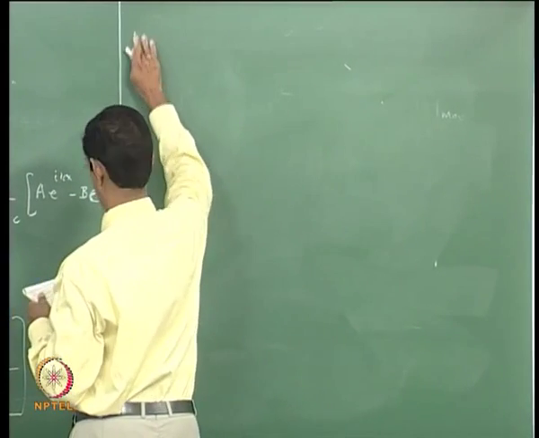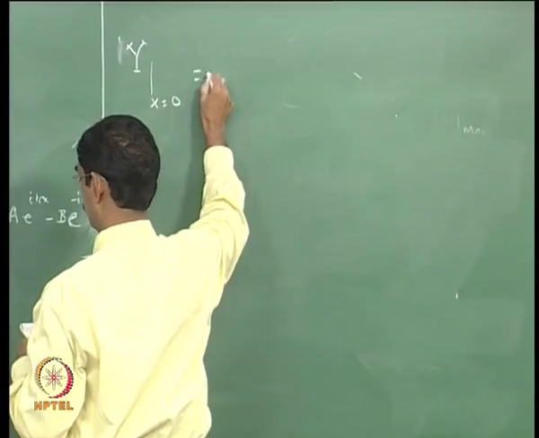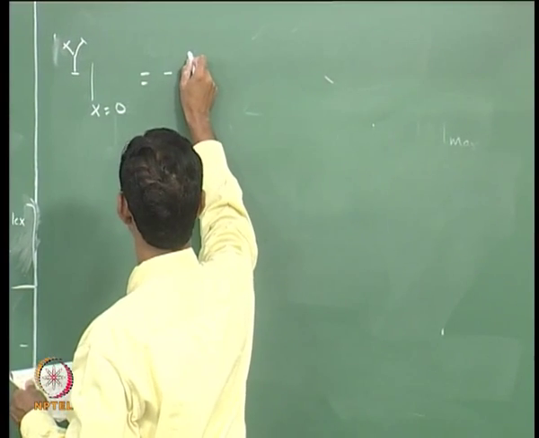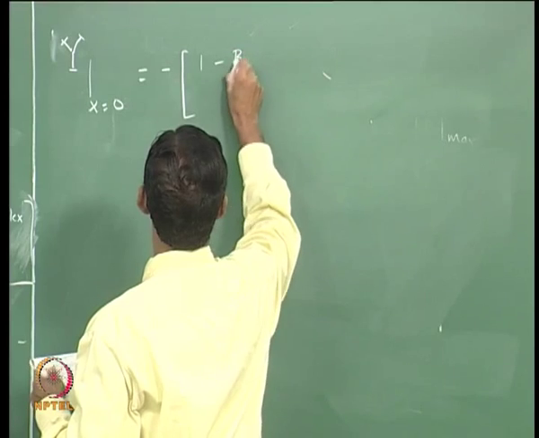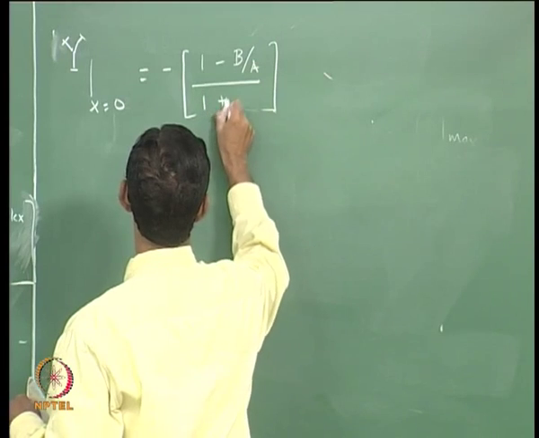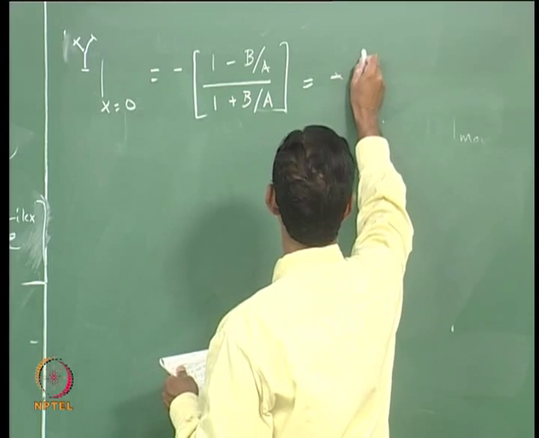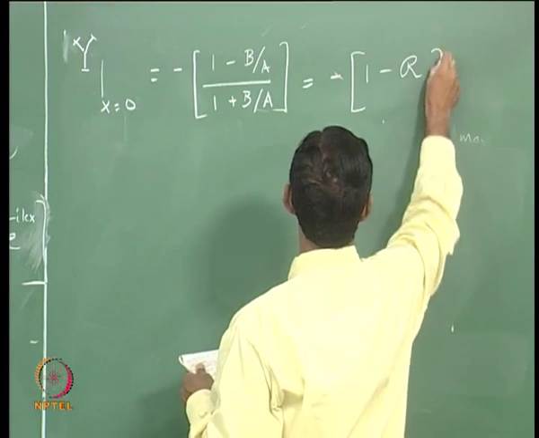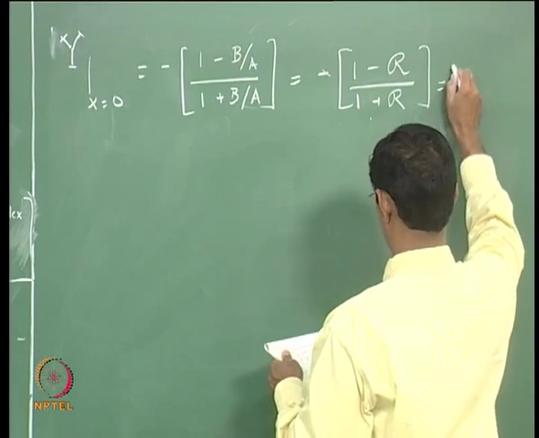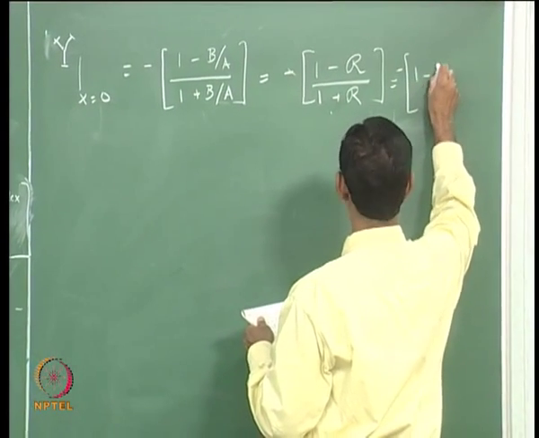So if you look at y at x equal to 0, this will be minus, if I divide by a, 1 minus b over a divided by 1 plus b over a, which is equal to minus 1 minus r divided by 1 plus r, which is the same as minus 1 minus